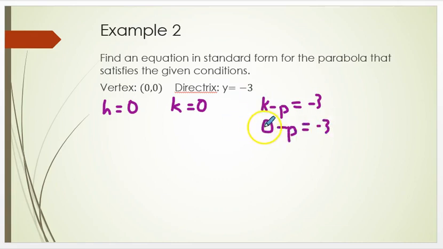And then the 0 part doesn't even matter. We can just ignore that, but I do need to get rid of this negative. So if I multiply both sides by -1, then I would have positive p equals 3. So now we've determined what our h, k, and p values are, which means we're ready to plug into the